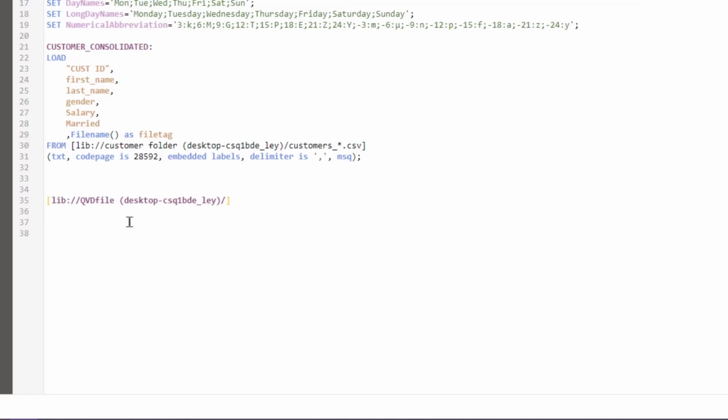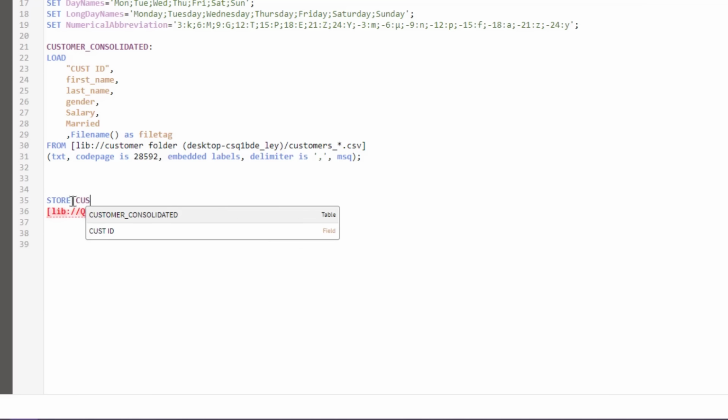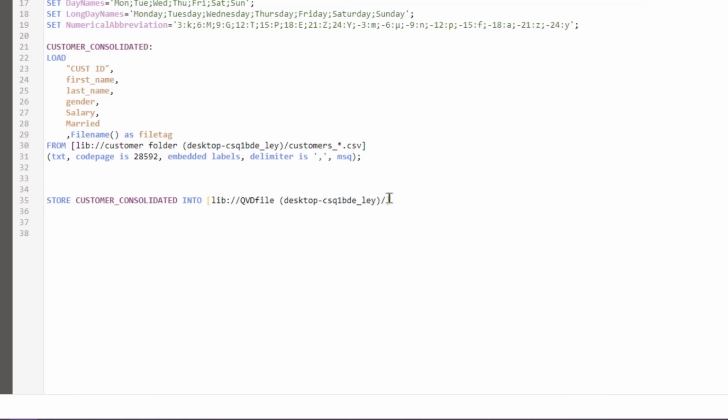The script replacing it into the file is: store customer_consolidated into [path/filename.qvd] (qvd);